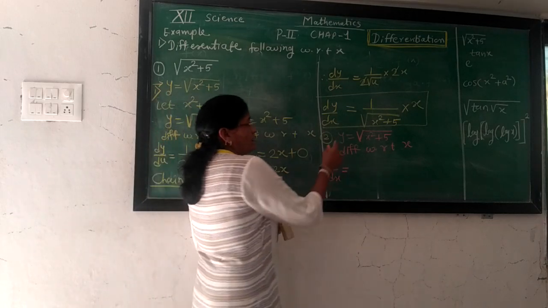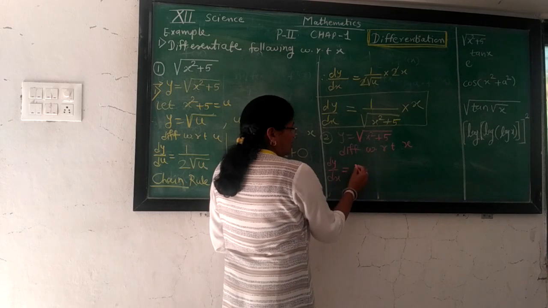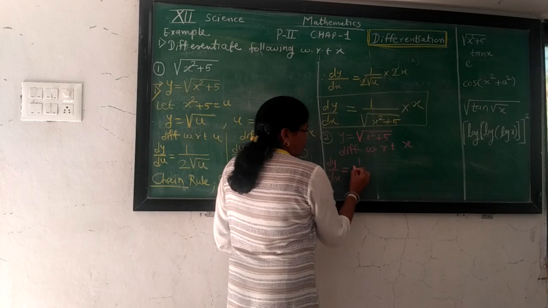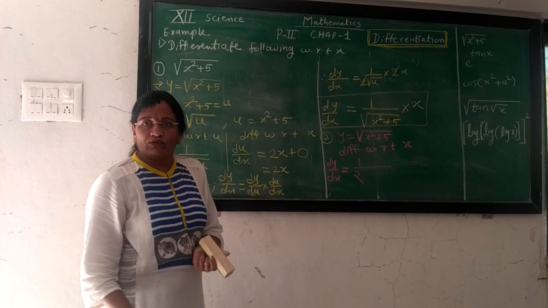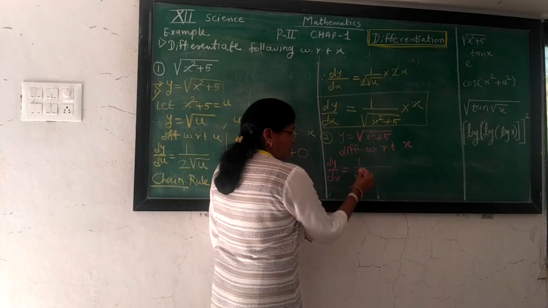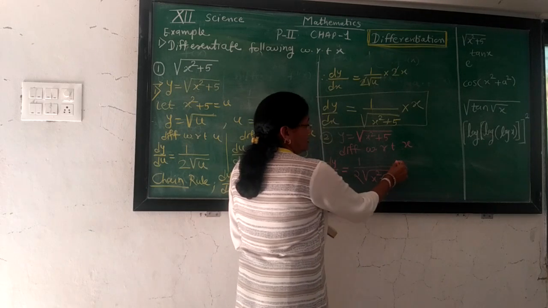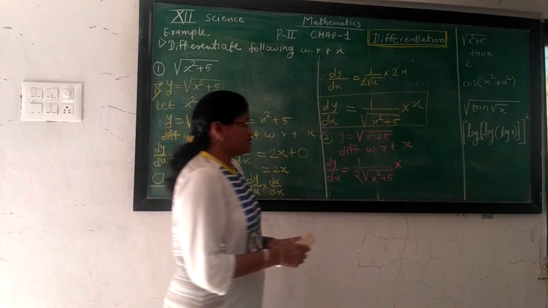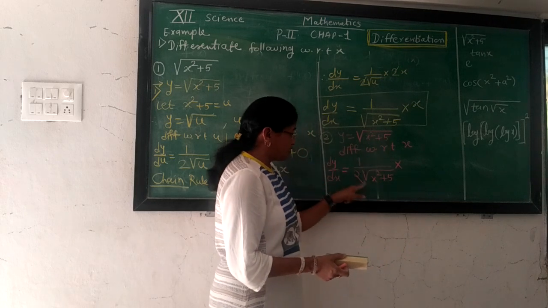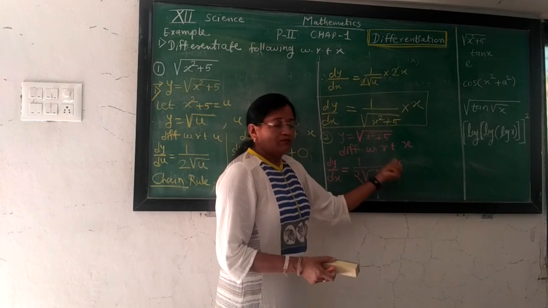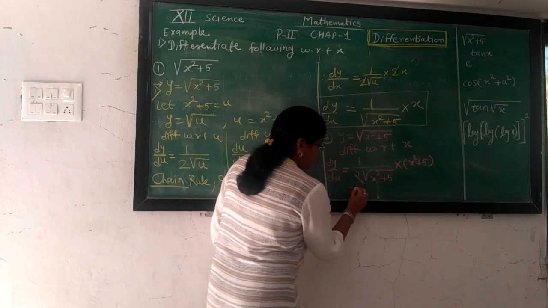For the right side, the derivative of this square root of x square plus 5: the first position of the root is the power. So we take the derivative of root x. The derivative of root x is 1 upon 2 times root x. So 1 upon 2 times root of x square plus 5. Now by using the derivative of a composite function, every time we multiply f dash x, the derivative of the proper function. Here we only take the rule for this square root. Now multiply the derivative of this function, that is x square plus 5. So find out that derivative.